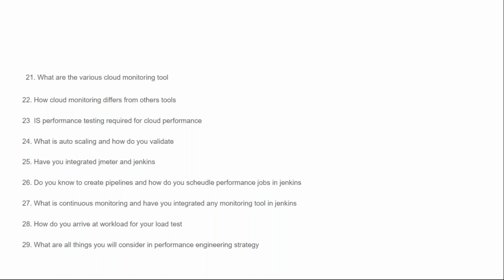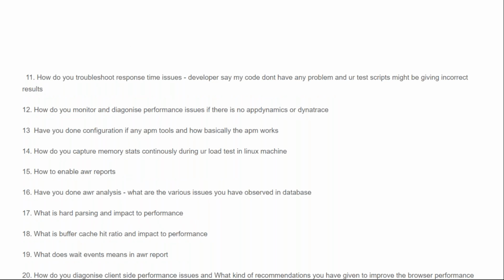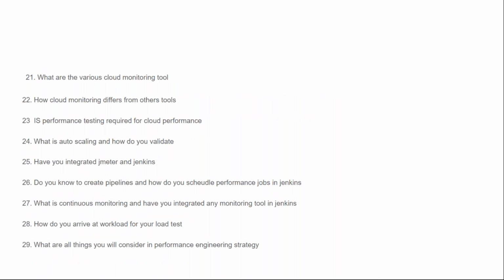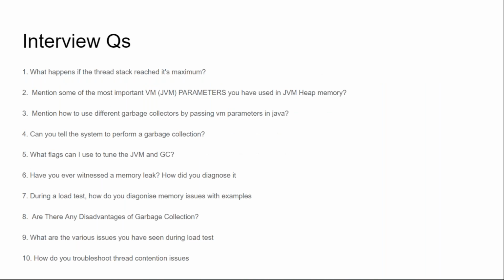So pretty much, from memory to response time problems, thread problems, database problems, client-side analysis, monitoring questions, DevOps questions, cloud questions, all these things are commonly asked in your engineering interviews. And I would say at least 90 to 95% of these questions you would be able to answer.